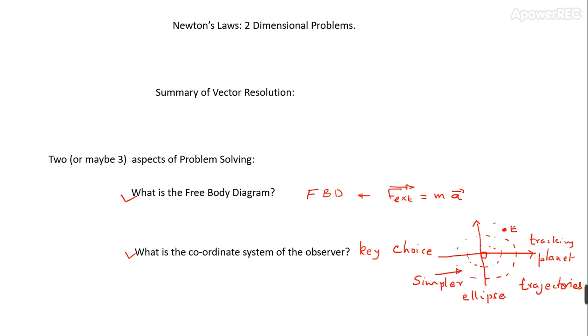So this is a striking example of how changing the coordinate system from the Earth to the sun suddenly simplifies the problem. So I can confidently say that the choice of the coordinate system, while it will not solve the problem, may play a very key role in the simplification of the problem, and we'll return